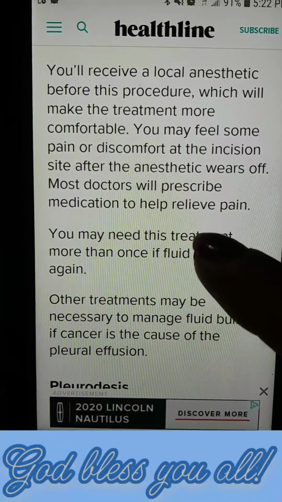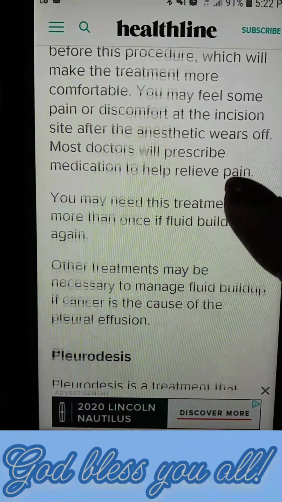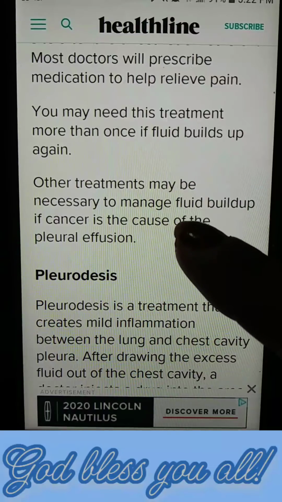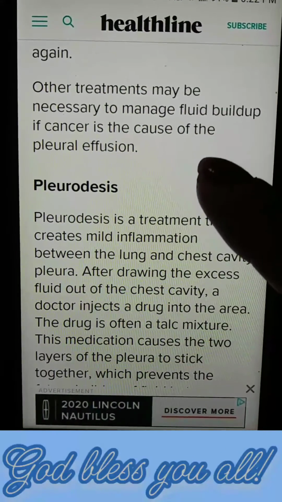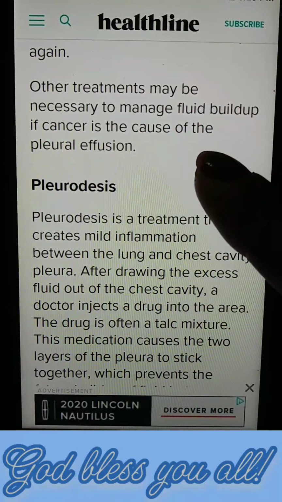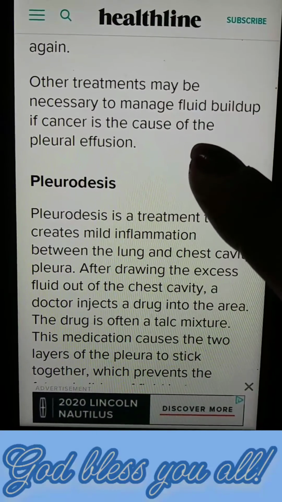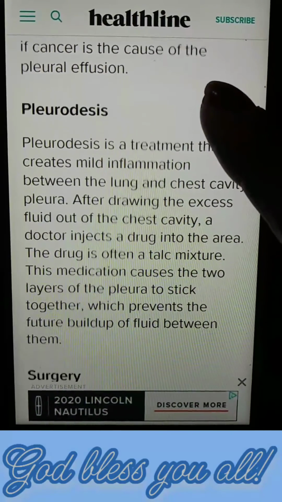Most doctors will prescribe medication to help relieve the pain. You may need this treatment more than once if fluid builds up again. Other treatments may be necessary to manage fluid buildup. If cancer is the cause of the pleural effusion,